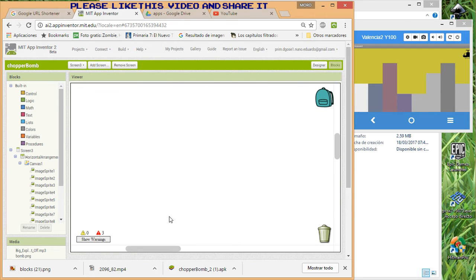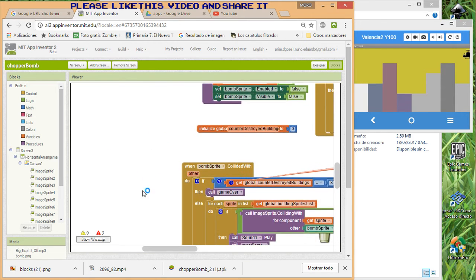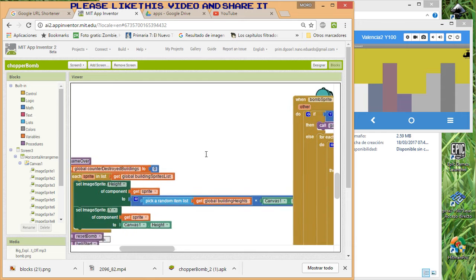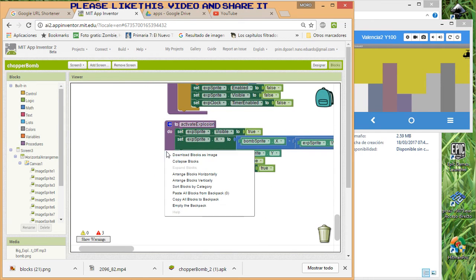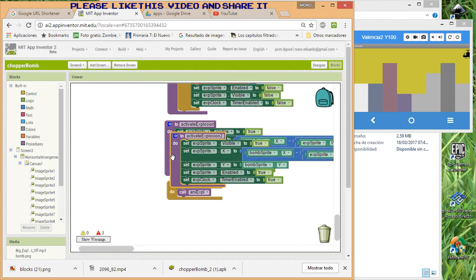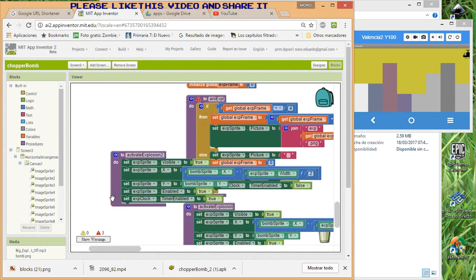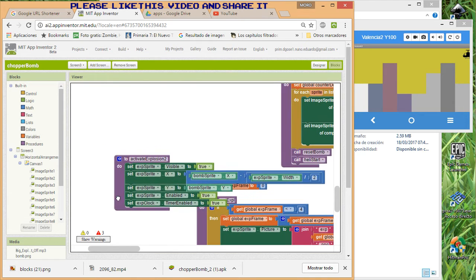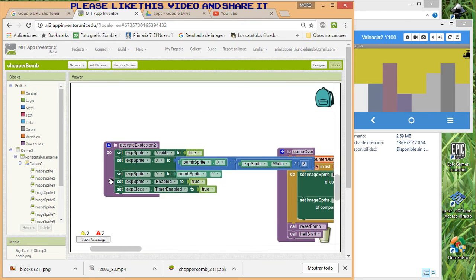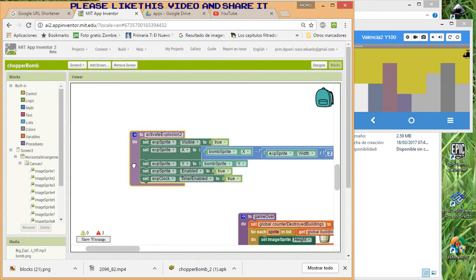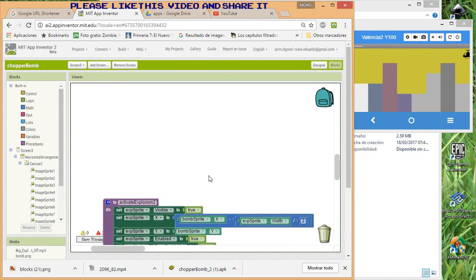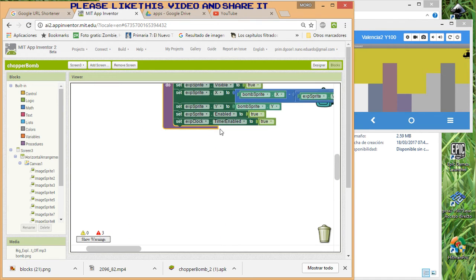Well, to do that, to make things easier, let's duplicate the activate explosion. We're going to duplicate this one, but now we are not going to do it with when the bomb has collision. In this case we are going to modify this procedure, this activate bomb explosion,